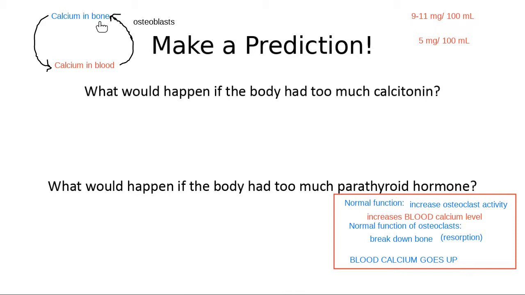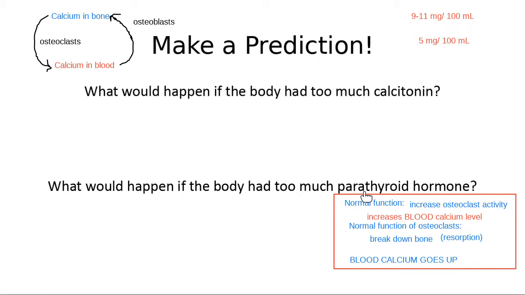But say I need that bone tissue calcium to go back into my bloodstream. Who allows me to put calcium back into the bloodstream? Who takes it out of bone and puts it back in blood? What type of cell is going to do that? That's where those osteoclasts come into play. So osteoclasts steal that bone calcium, put it back in the bloodstream. Osteoblasts take that blood calcium and put it back into bone.